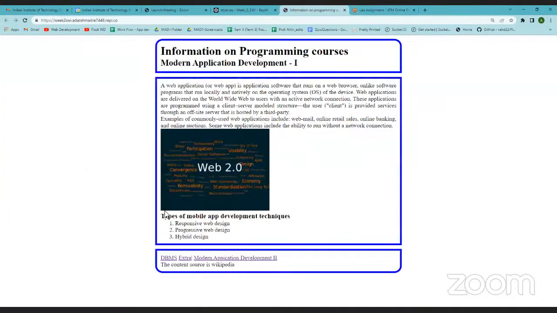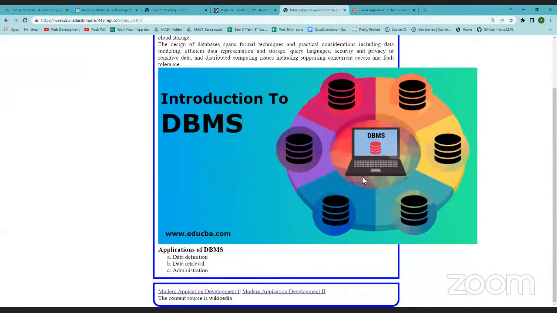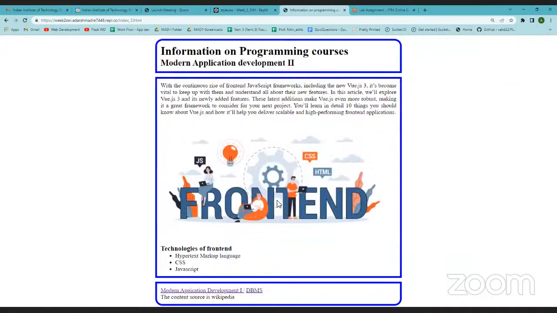Okay, one thing that we observe here is, if I go to, so this is AppDev1. If I go to DBMS, it will have a very different image. If you go to AppDev2, it will have a very other different image, right? So it should actually look like this. It should actually set in this way. Okay, so what we need to do is, I'll simply